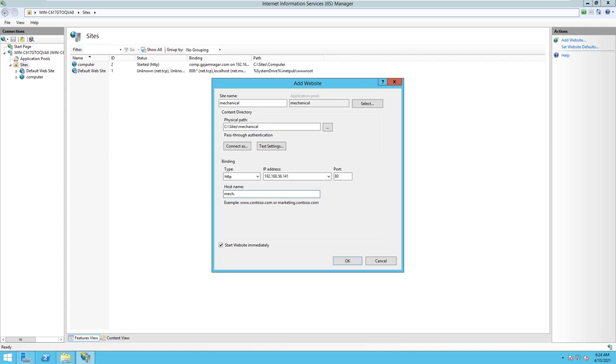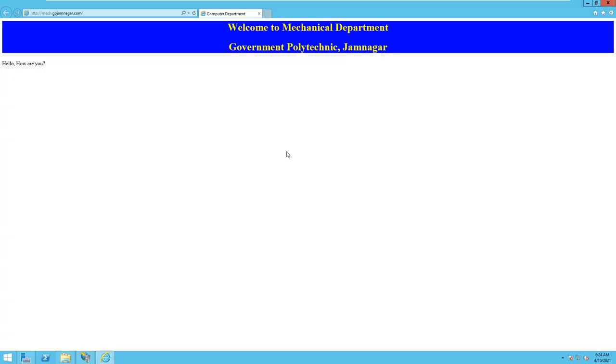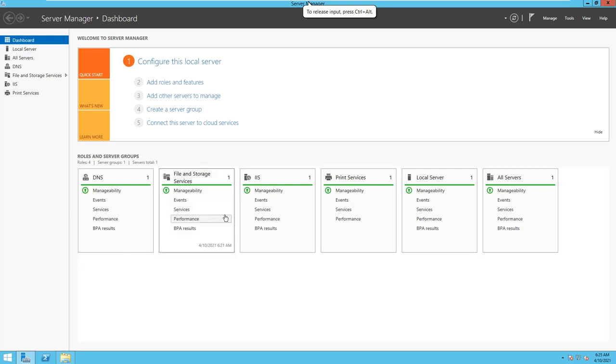What I have set as the host name for mechanical is mac.gpjamnagar.com. Okay, if you want to browse that website, then click on this. You can see mac.gpjamnagar.com. So what I have done, I have checked both the websites locally,